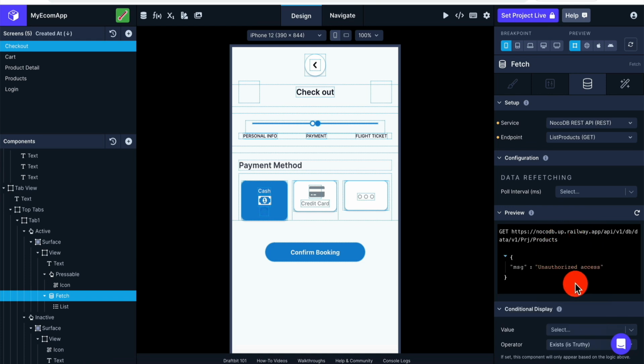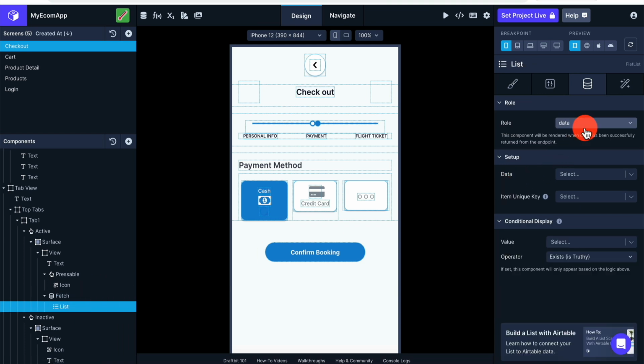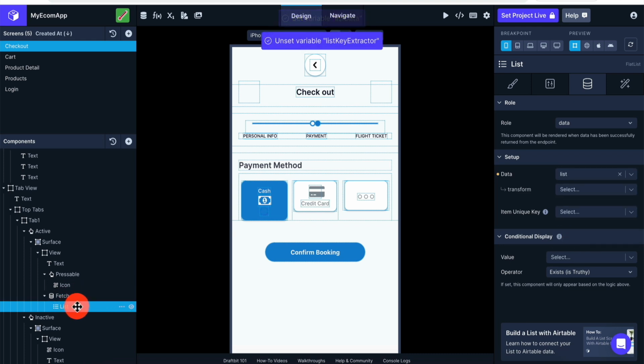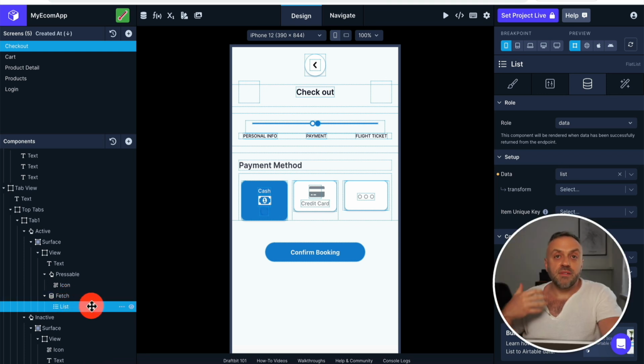While in Draftbit, you can see it inline, which makes the whole process a lot easier. Now, once I configure what kind of data I want to get, the next thing I need to do is go to list and select data. And now, as you can see, I actually have access to this data because this fetch is the parent. If I do not make fetch the parent of list, then list is not going to have access to that